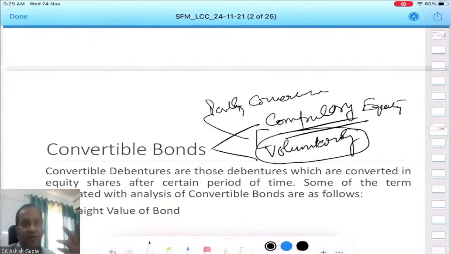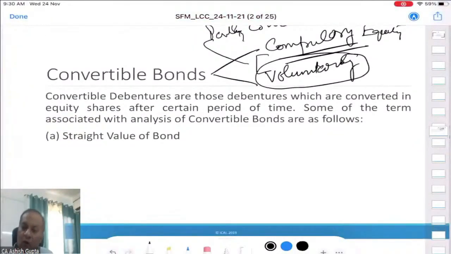There can be a partial conversion option also. That part will be compulsorily converted; otherwise, you have a choice. So these can be different. When we talk about the analysis of the bonds, this is conversion. So first of all,